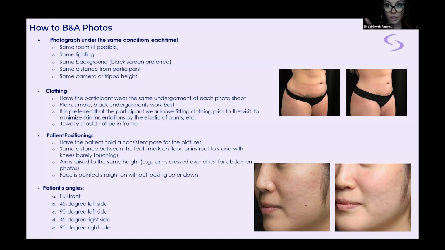Do not use flash. Always turn the flash off. There's no need for flash because you have an amazing ring light. Make sure that your ring light is set to the same brightness every time. Ring lights are not expensive, $100 on Amazon. You can get nicer ones, of course. But even the one I have here, it's $100 and